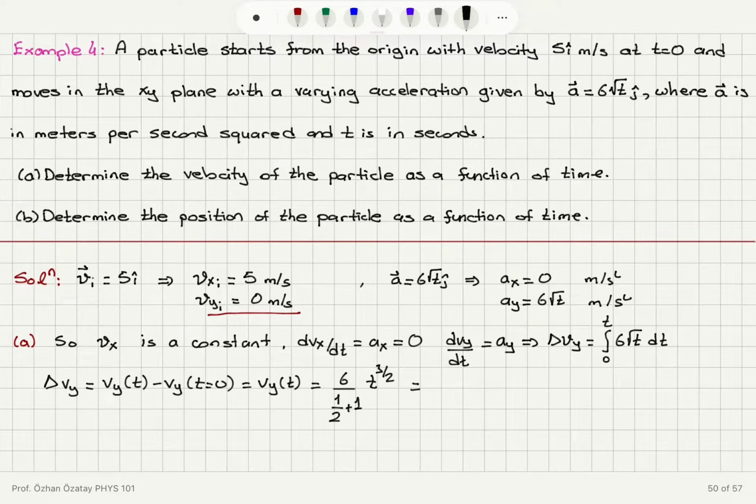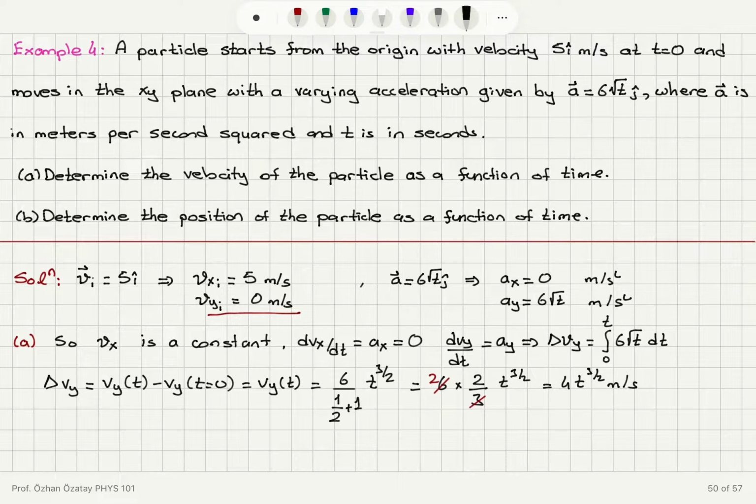So this is 6 times 2/3, t to the 3/2. So this 3 will make this 6, 2. So I will have 4 t to the 3/2